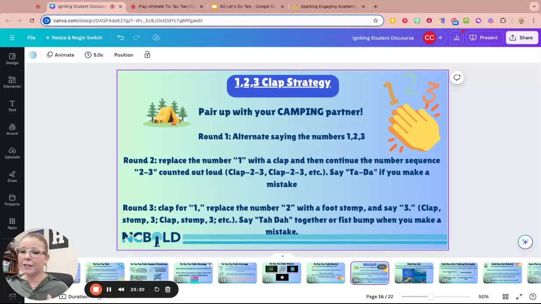And when they have a funny moment with each other, whether they know each other, are friends, or not friends, it makes it easier for them to talk to each other about the content once you get to an actual content strategy. So how 1, 2, 3 clap works is you partner the students up, and partner A starts by saying